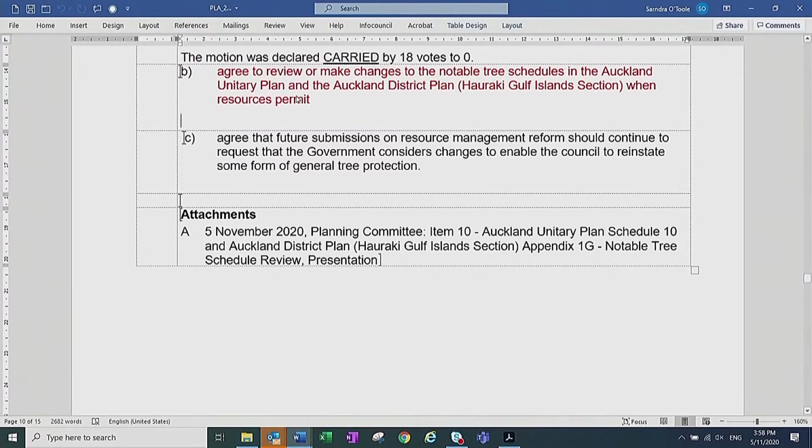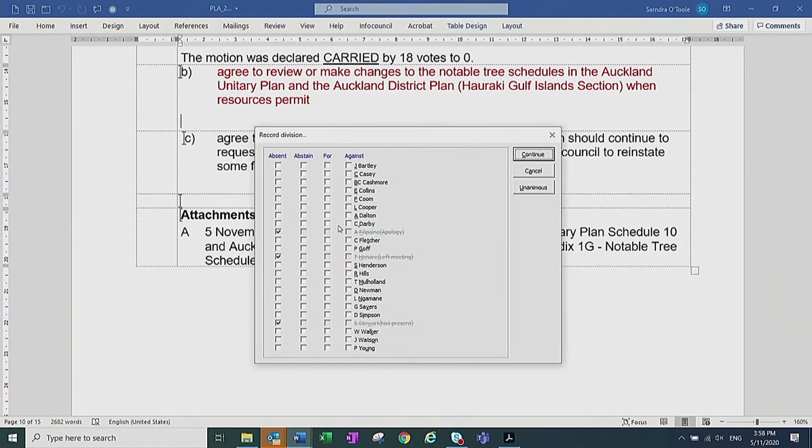On B, Councillor Darby. For. Councillor Bartley. I have no idea. I'm going to abstain. Councillor Casey. Yes. Councillor Cashmore. Aye. Councillor Collins. For. Councillor Coombe. Aye. Councillor Cooper. Abstain. Councillor Dalton. Councillor Fletcher. Mayor Goff. For. Councillor Henderson.